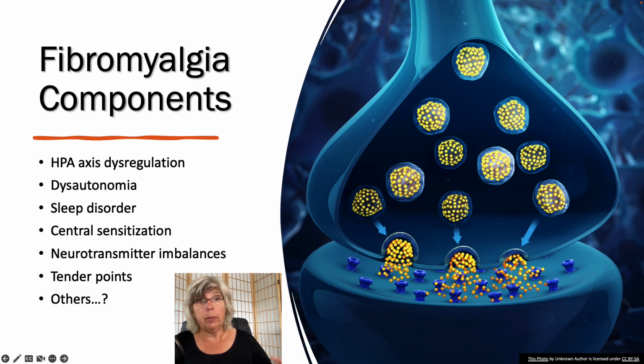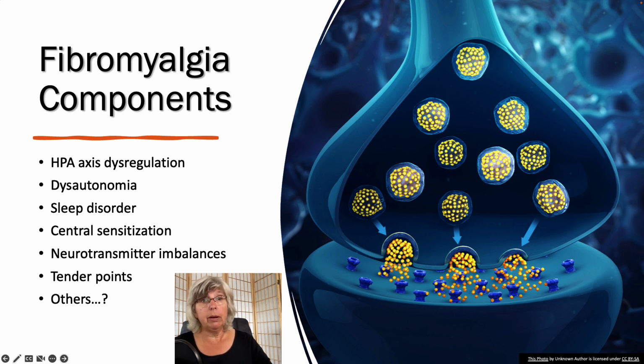So a person who has fibro may have several of these components, or only a couple, or they may switch off. And the other thing I want to point out about these components is that they're not mutually exclusive. They connect to each other. They may overlap each other. You can make an argument that some of them cause each other. All of this is still in exploration.